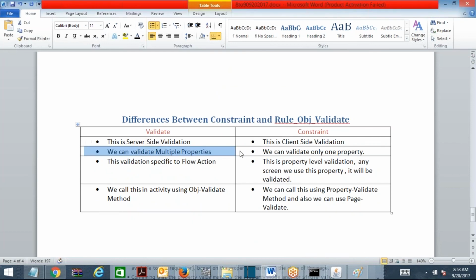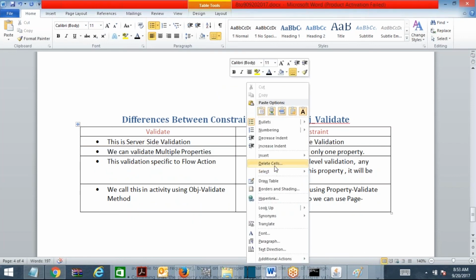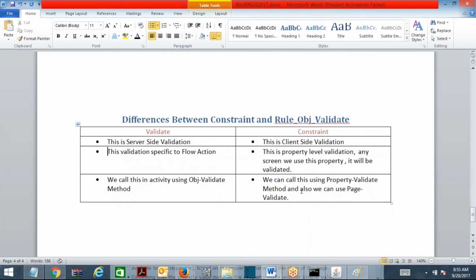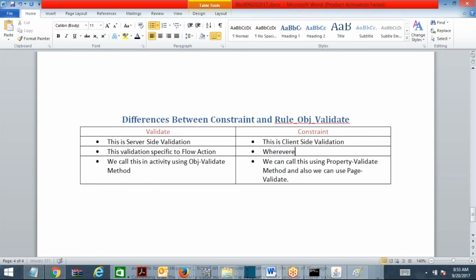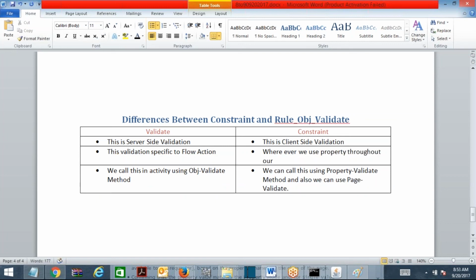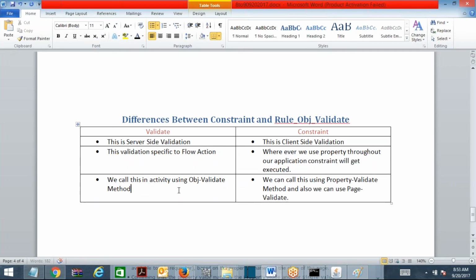And we can validate multiple properties. Here also we can validate multiple properties; you can add more with the plus icon. This validation is specific to a flow action. This is correct, and this one applies wherever we use the property. Wherever we use the property throughout our application, the constraint will get executed.